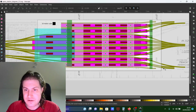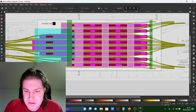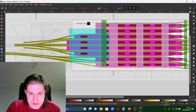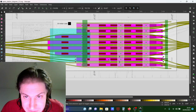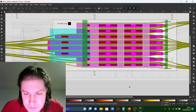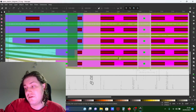If you had moving block, or even the quasi-moving block signaling of Munich, you would literally be able to have the other track be nothing. I'm not saying you should do it, but in theory, you could even just zap, let's say, this and this track, and have this be an even wider platform. So instead of two 11.5 meter platforms, or again 12 if you want to claw the track centers a little bit,